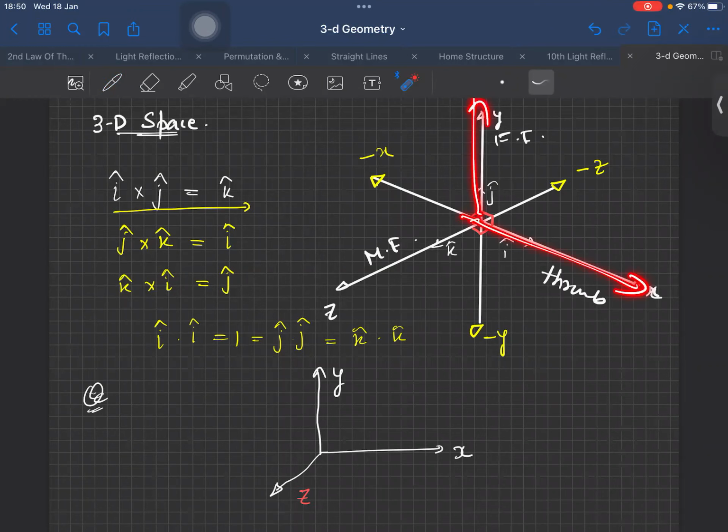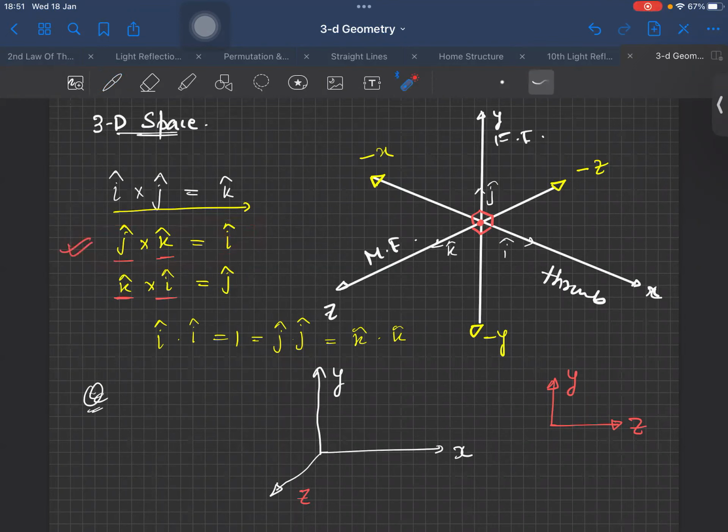X, Y, Z, right? See, keep your palm here, like a right hand thumb rule, and rotate your fingers in this direction towards Y. Your thumb will be pointing in this direction, in Z direction. Like for example, let's say this is Z and this is Y. Now is Y cross Z positive or Z cross Y positive? It will follow the same order. Y cross Z. So the second one, this one.